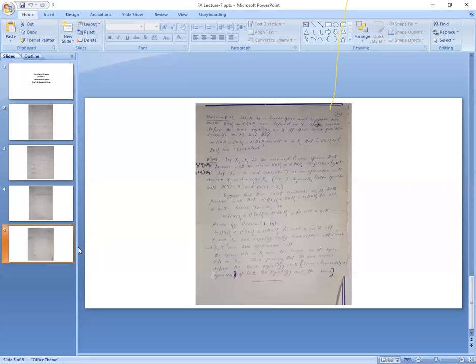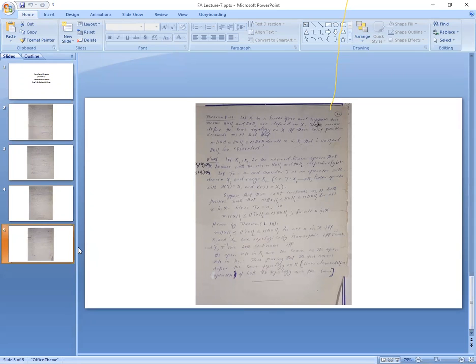X with norm 1 is denoted by X1, and the same linear space X with norm 2 is denoted by X2. So in this way, you get two normed linear spaces. The linear space is the same,